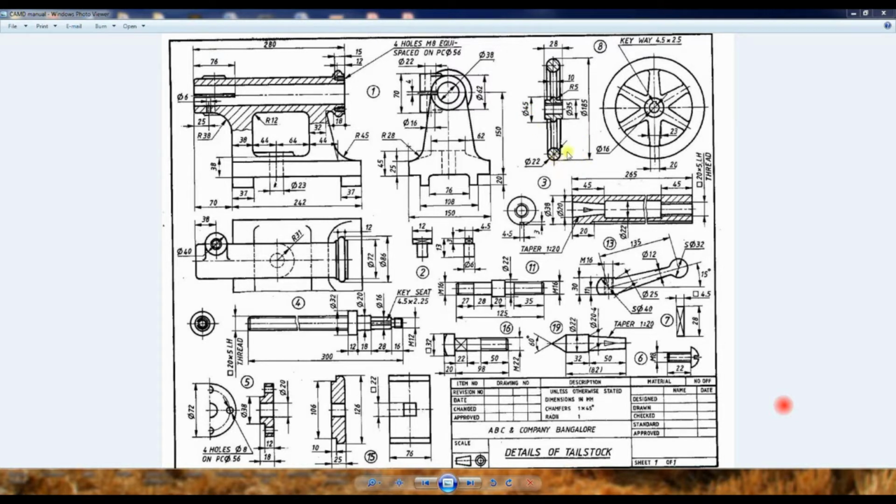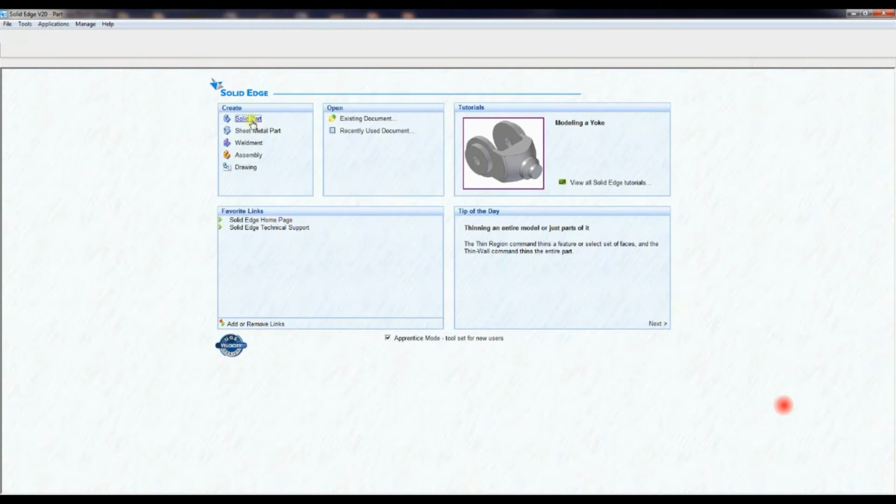and total height is 185 from end to end, not center to center, and one more diameter is 22, and thickness is 28, and one more small thickness is 10, and one more is radius you can observe, it is R5. First, only the cross section of that part you have to do, 45 mm diameter and 35. Solid part,